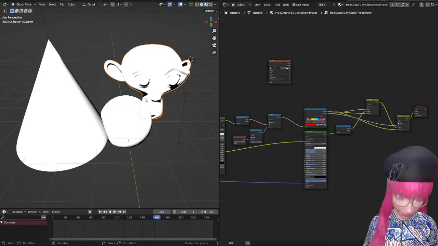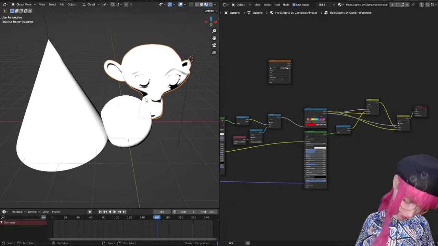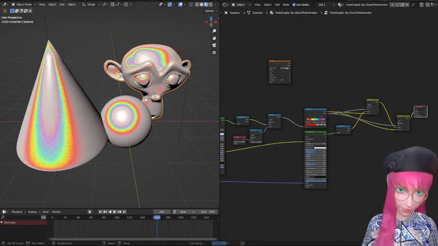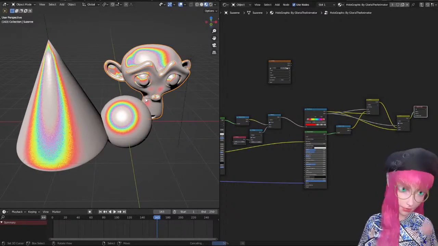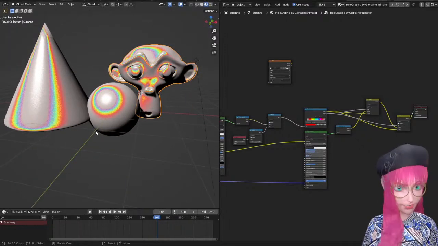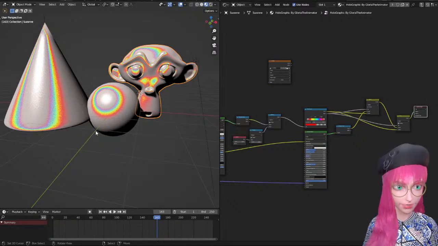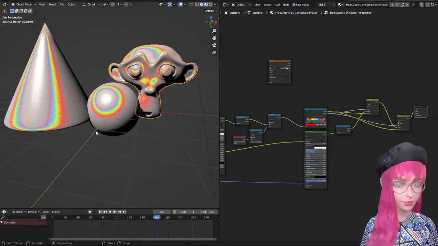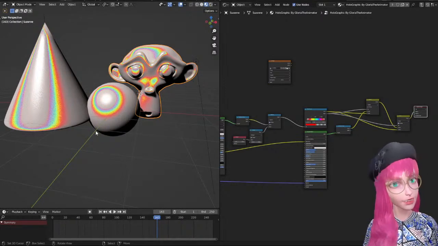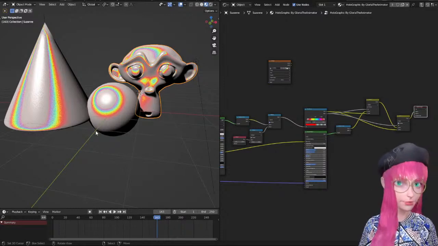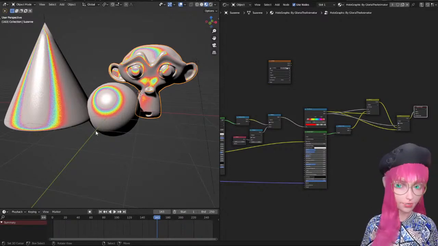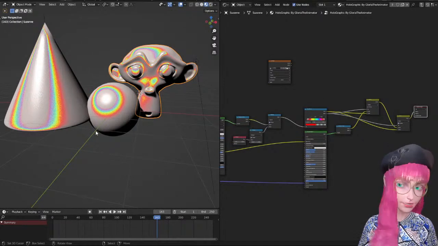See, it's simple. Vector math and RGB math is nothing to be afraid of. All you gotta do is just remember that you're calculating those individual pixels dynamically. So you have inputs to help you mask where you want to affect them and how you want to affect them with math and different blend modes, and